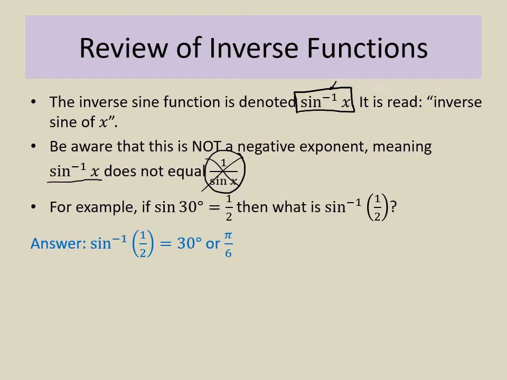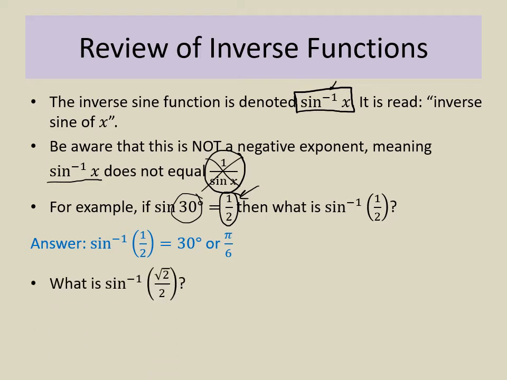So that is how the inverse operation for sine is going to work. It's going to take a number between -1 and +1, and then it's going to give us back the angle